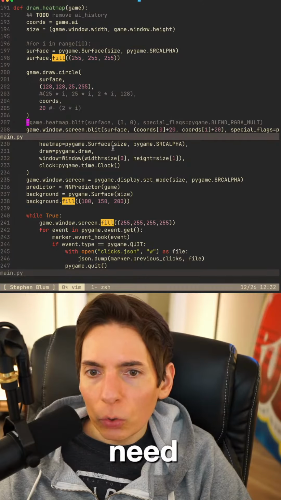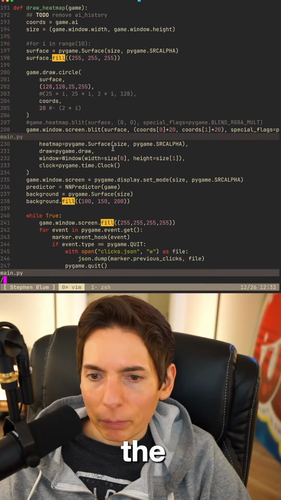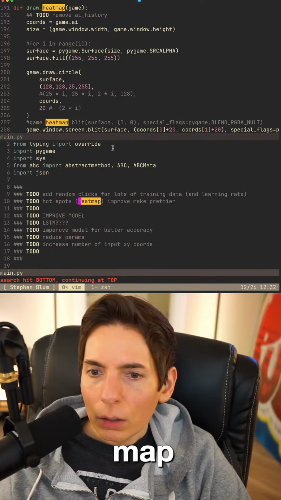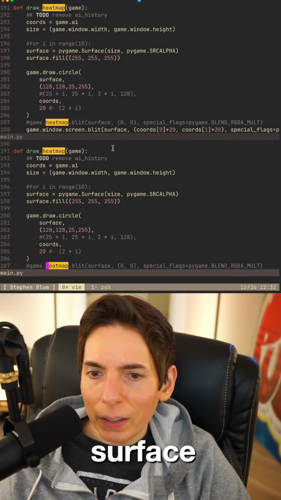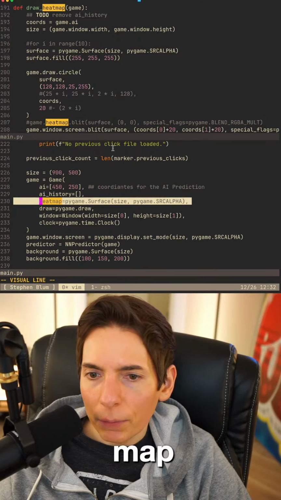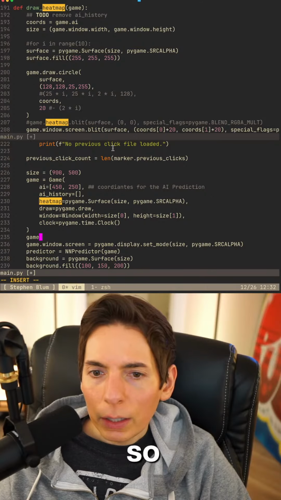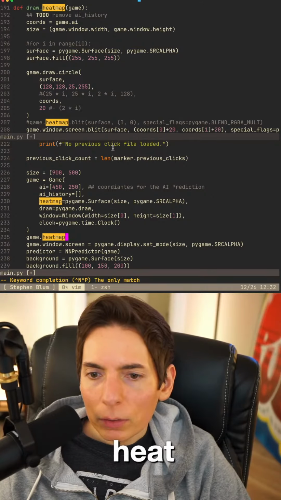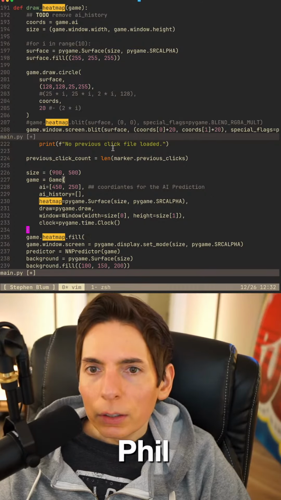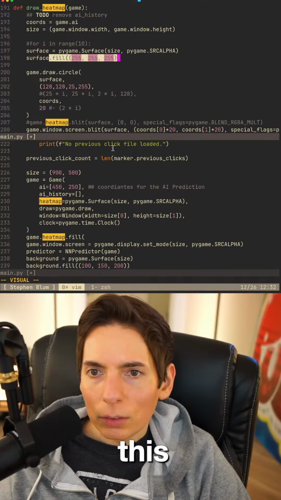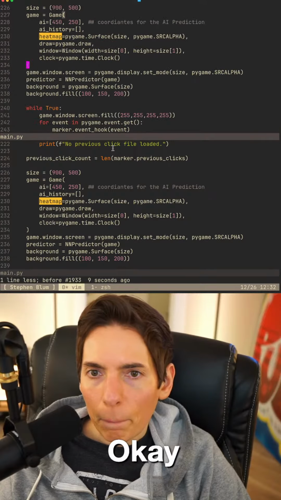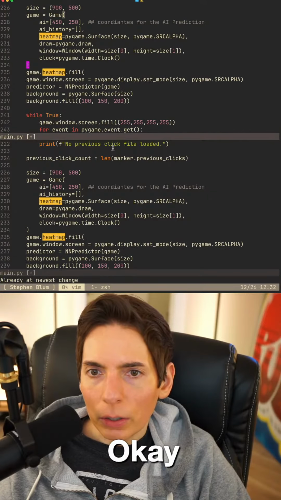We only need to fill where we define the heat map, which is a surface, when we initialize this heat map right here. Okay, so game.heatmap.fill needs to be exactly like this. Okay, sounds good to me.